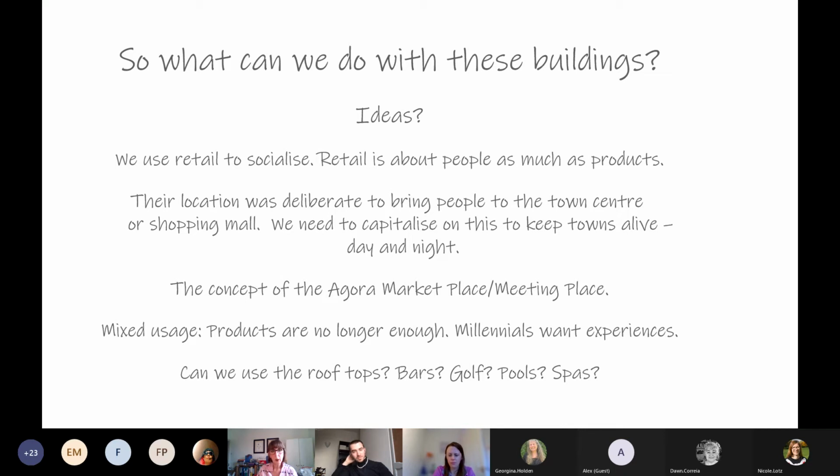It allowed us to bring lots of people into the malls, onto the high street, in order to support the other shops. And now it's the other way around. They're dying. So how do we capitalise on their location to keep towns alive both day and probably into the night as well? We could think of the Agora market from the ancient Greek times, where people came together to